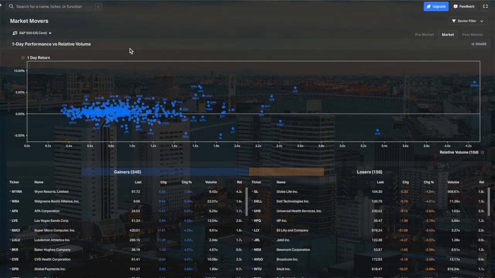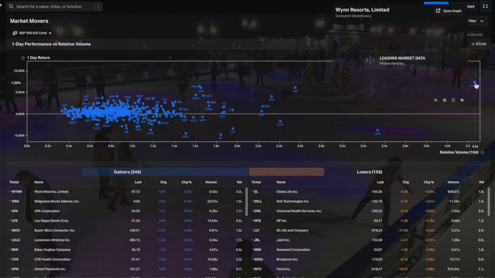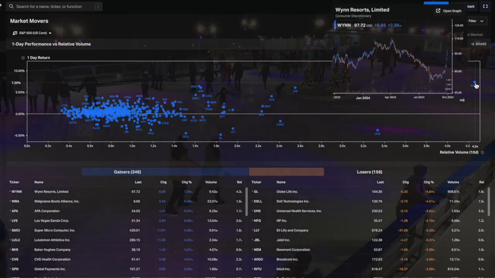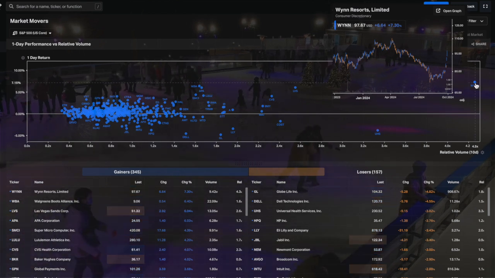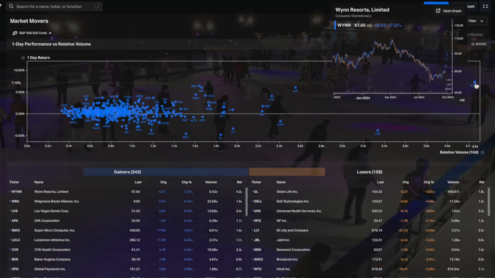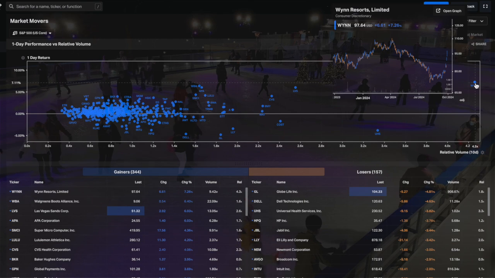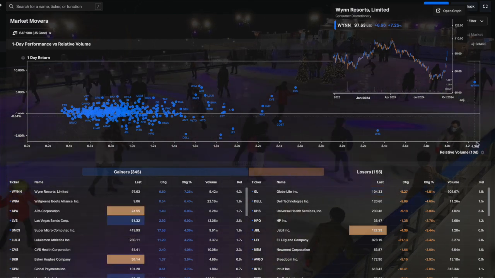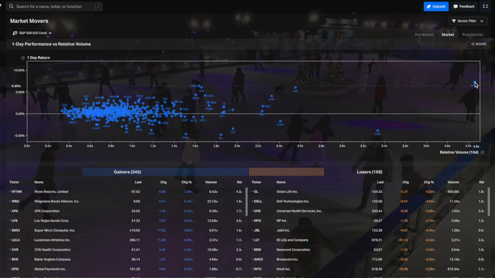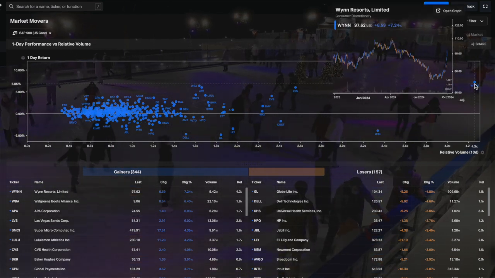As you can see on the chart, if I go to the right there, we have Wynn, so Wynn Resorts, and if you hover over, you can see a little chart. It's the historical chart, not the performance chart of Koyfin, which shows you a candlestick chart. And basically here it's 4.3 times higher than the average volume in the last 10 days, as you can see